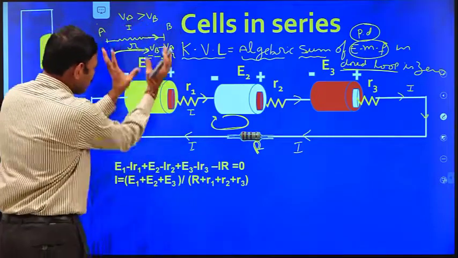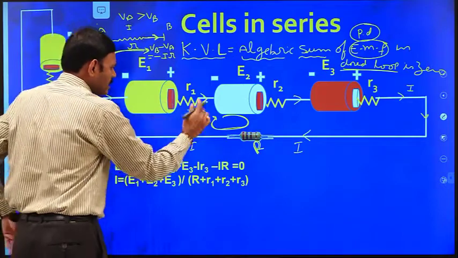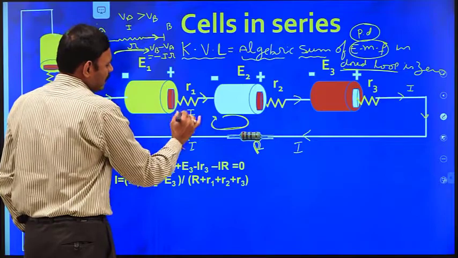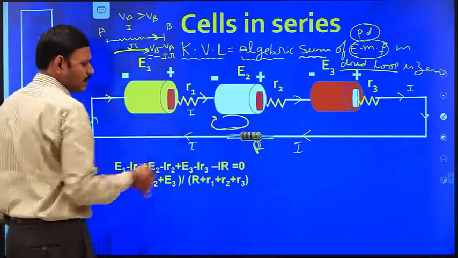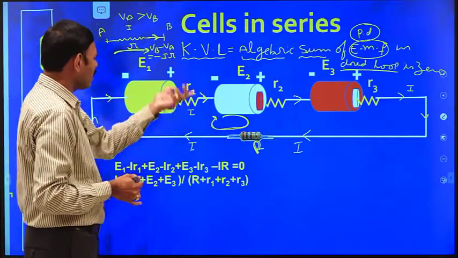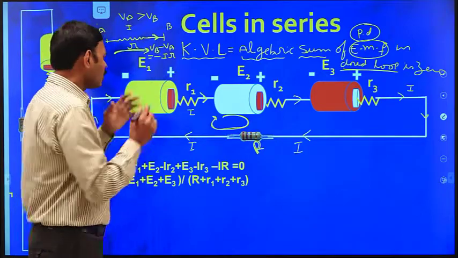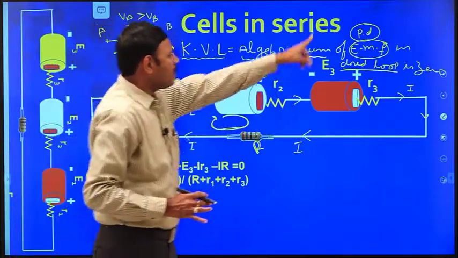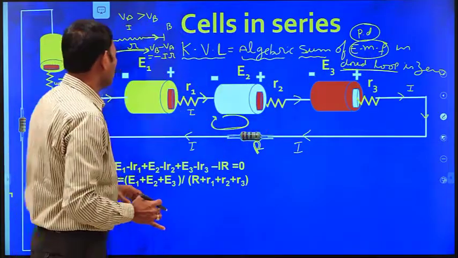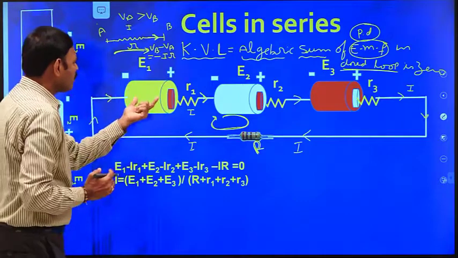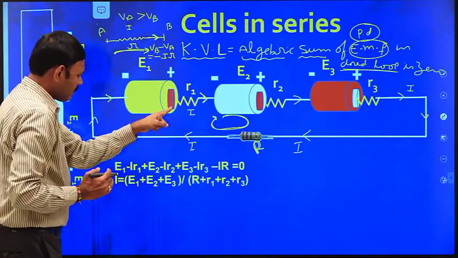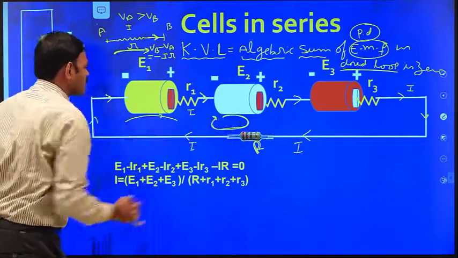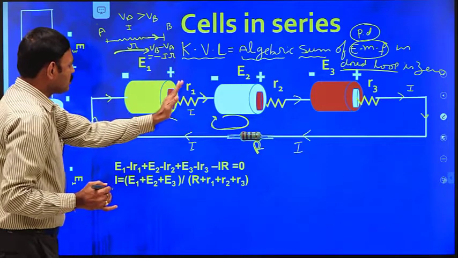So what is the conclusion from the above explanation? When current is passing through a resistor in one direction and we apply Kirchhoff's law in the same direction, then the potential difference across the resistor is minus IR. Therefore, let us apply Kirchhoff's voltage law for this total loop. The algebraic sum of potential differences in a closed loop is 0. Consider the battery. This is at higher potential, positive, and this is lower potential. We are applying Kirchhoff's law in the clockwise direction, so positive minus negative.